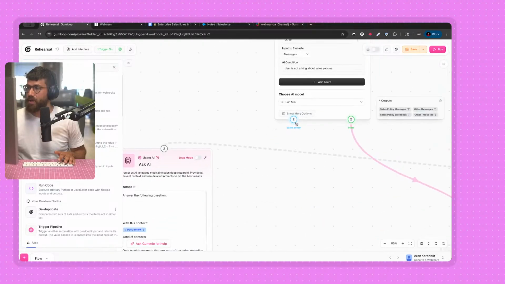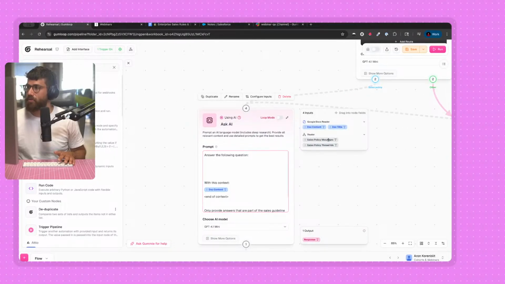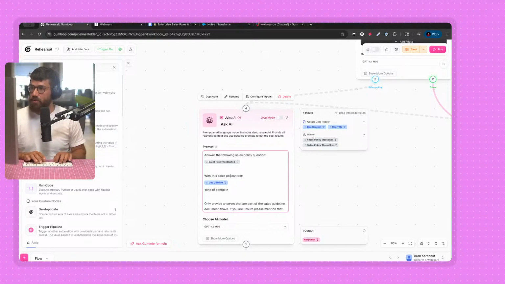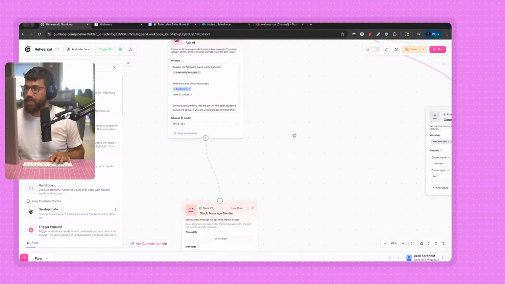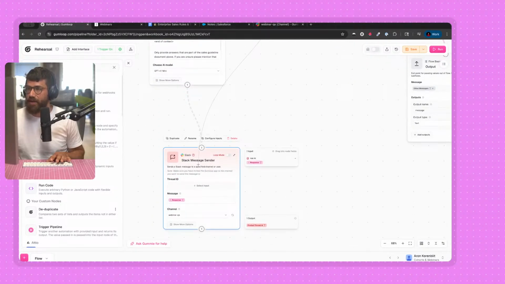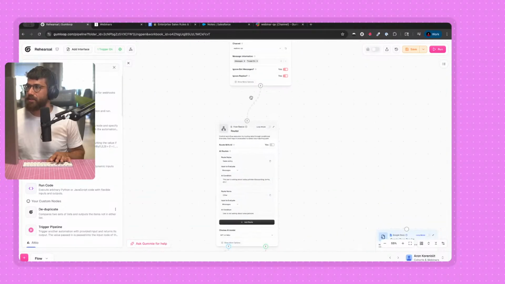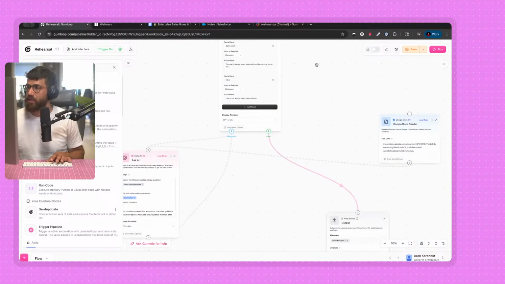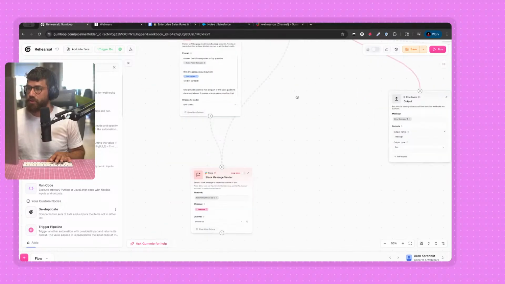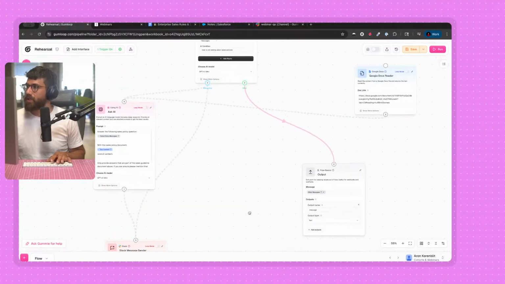So now I want to say, okay, if it is about sales policy, that's when I want you to go to Ask AI. And now we know it is a question. So I'm going to say, answer the following sales policy question with this sales policy document. Now, everything else kind of stays the same. I still need to connect to Slack, right? So I want the thread. Now, in the router node, anything you're passing in, I'm passing in the message and the thread ID, becomes available as an output. So I can pass those in here. And now our flow